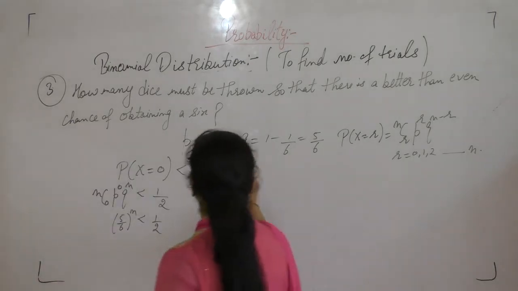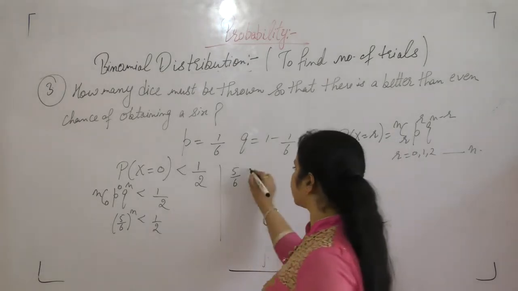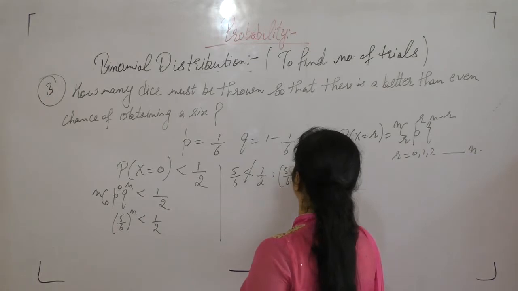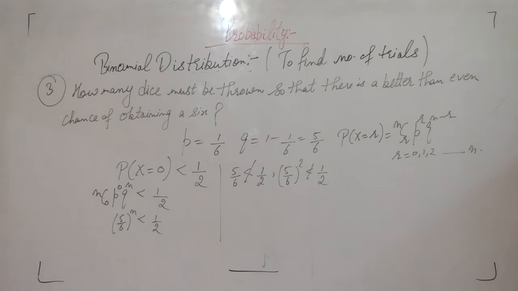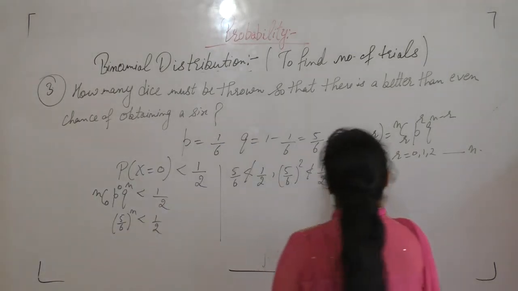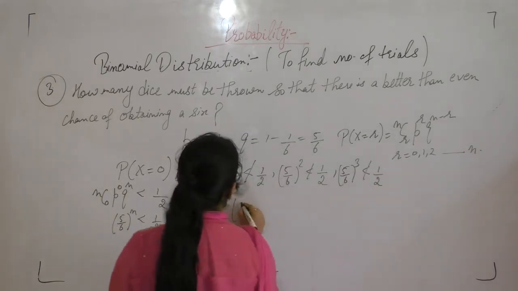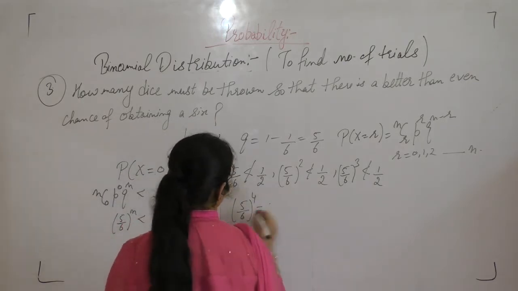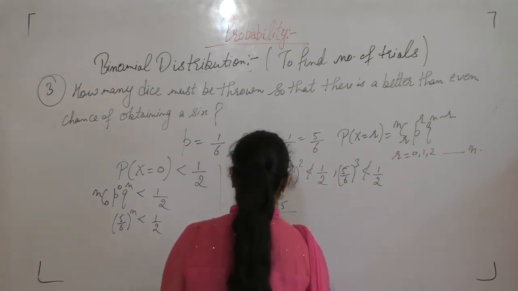Now 5/6 is approximately 0.8, which is not less than 1/2. (5/6) squared is not less than 1/2. (5/6) cubed is also not less than 1/2. When we put the value of n as 4, 625